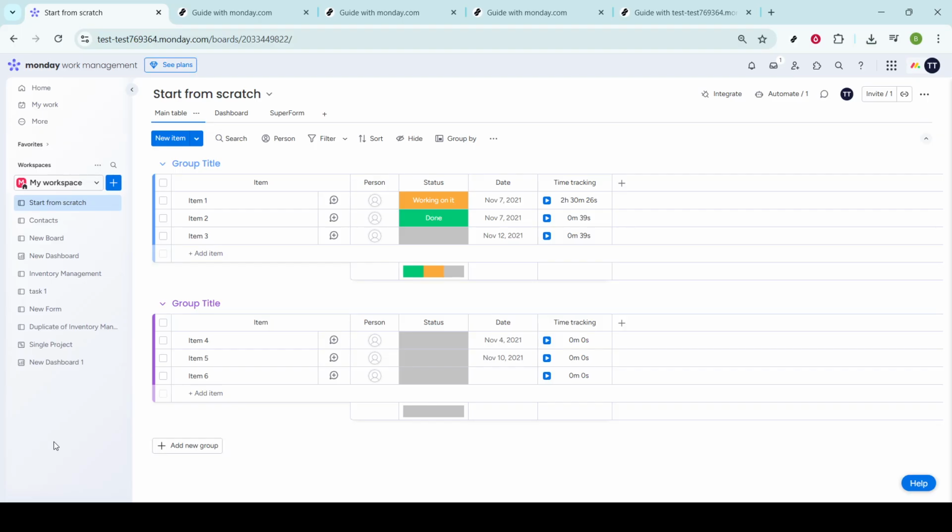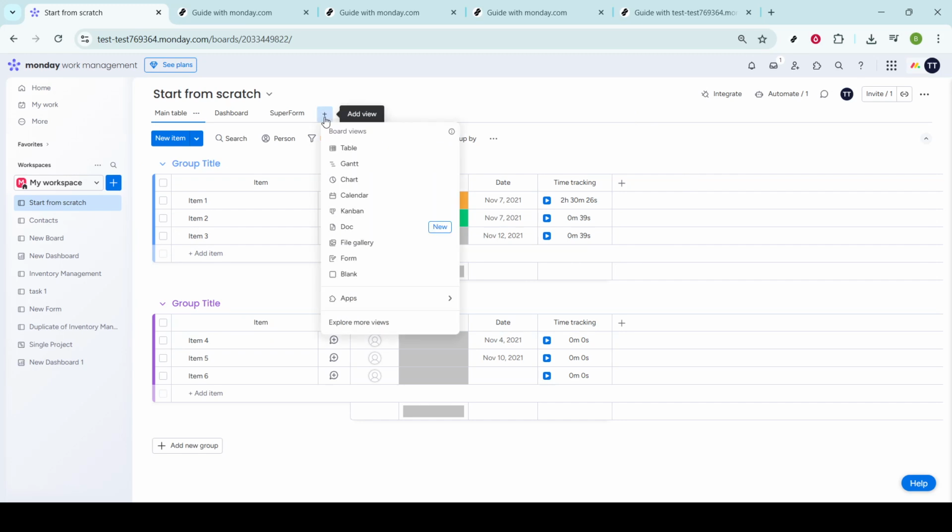First, navigate to your dashboard, where we're going to install the Superform app, a specialized tool that's key to updating your existing items through forms. To get started, look for the plus button on the board menu. This button will help you access the app's marketplace, where you need to select Superform. By doing this, you'll initiate the installation process of the app onto your Monday.com board, seamlessly integrating it into your